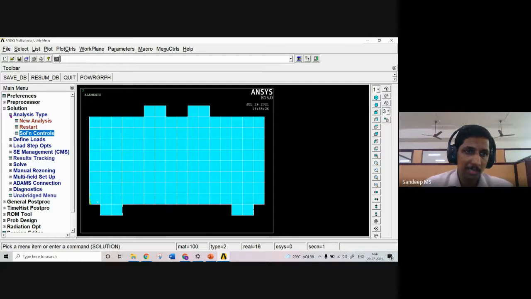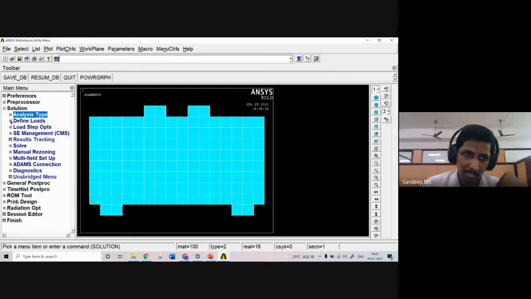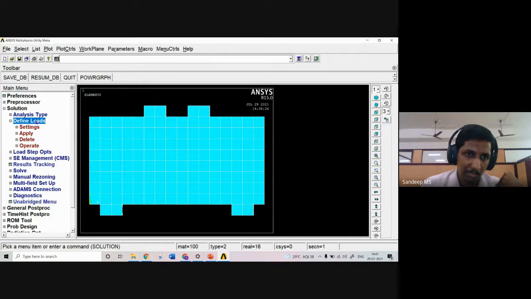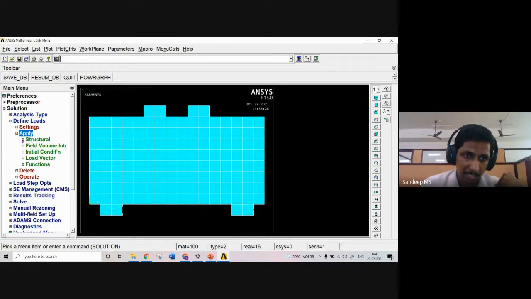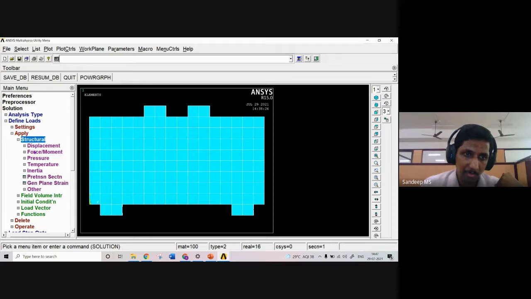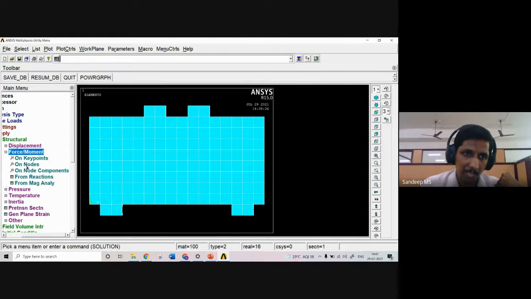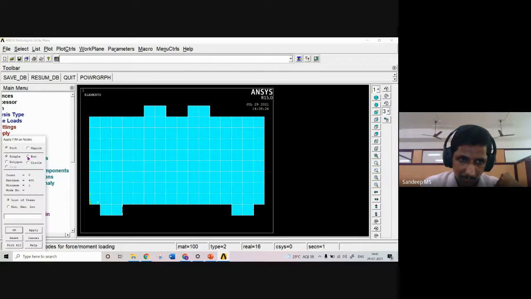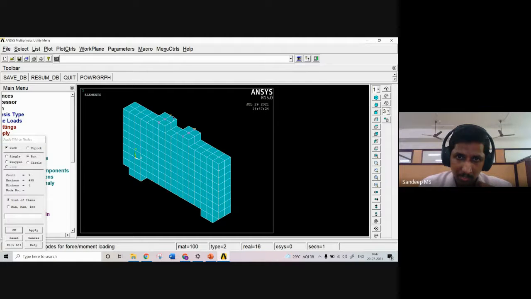The only thing remaining is application of load and support conditions. So below this we have define loads, apply, structural. In this we have two options, force/moment as well as displacement. Let me take force/moment on nodes, and rather than single, I am selecting the box operator here, and I am dragging a box on both these points, and you can see 1, 2, 3, 4, 5, 6.